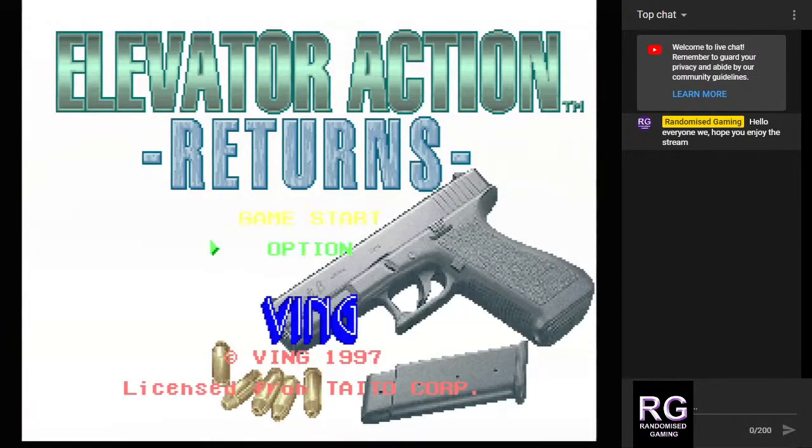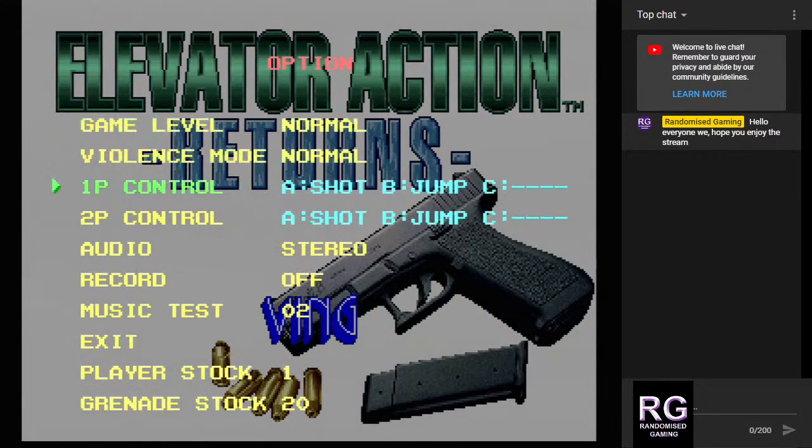Okay, now I haven't actually uploaded our save, so to unlock Elevator Action on the title menu, press left, right, A, B, C, A. Okay, that works. To unlock extra lives and grenade on the title menu, press left, right, A, B, C, B. That doesn't do anything. So I think we now have...